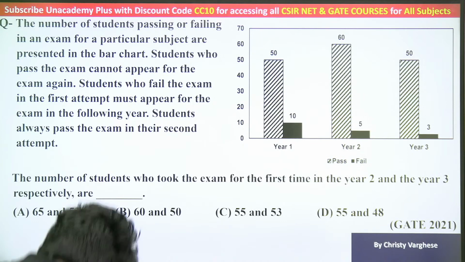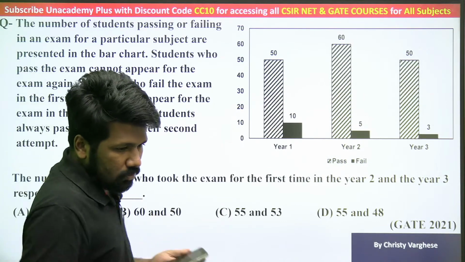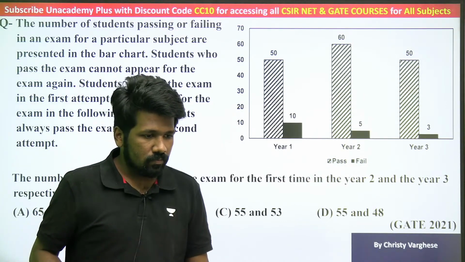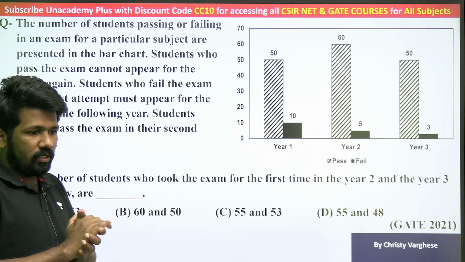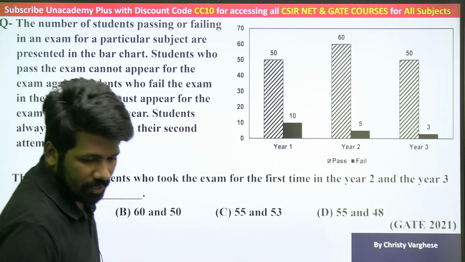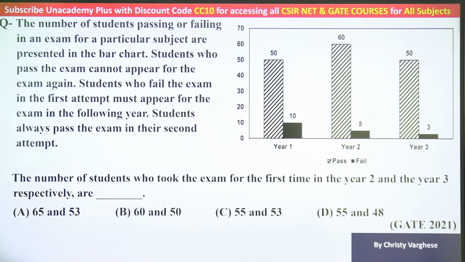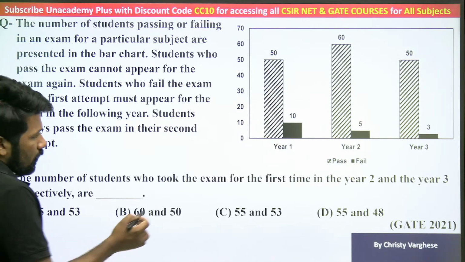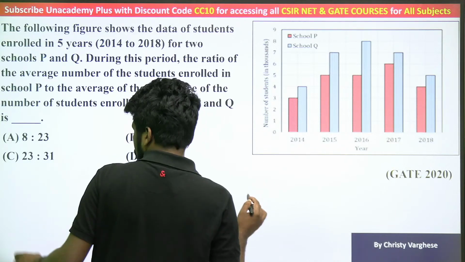Okay, so I will explain. Many of you got option D, option B, option C. Okay, let's see which is correct. So listen very carefully. The number of students passing or failing in an exam for a particular subject are presented in the bar chart. So year 1, the number of,